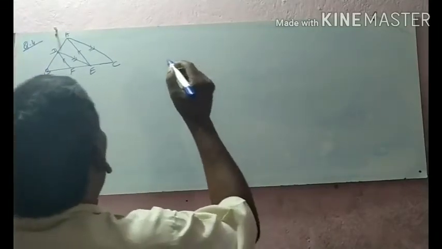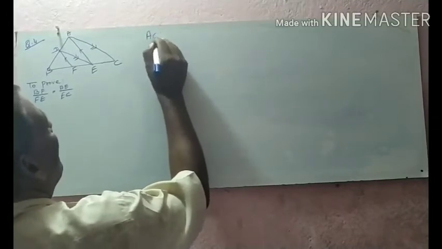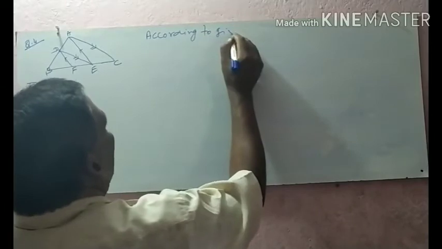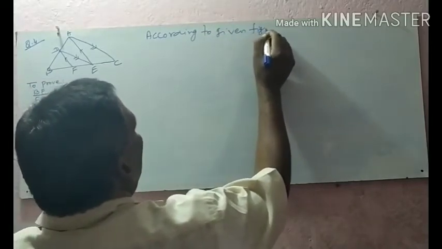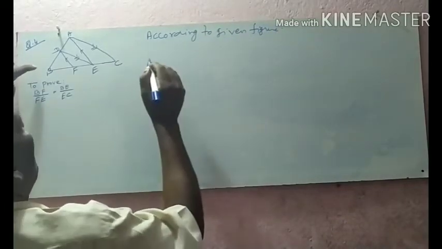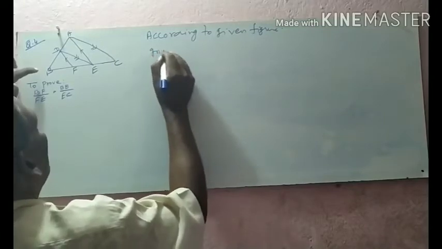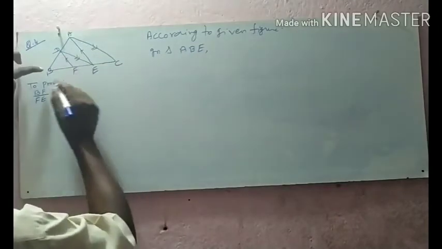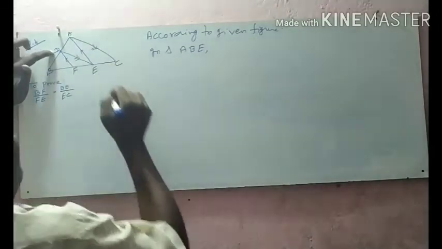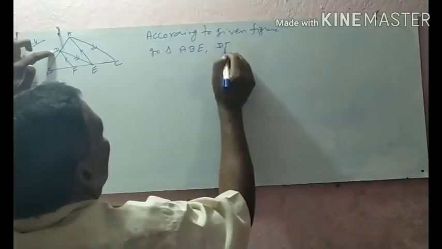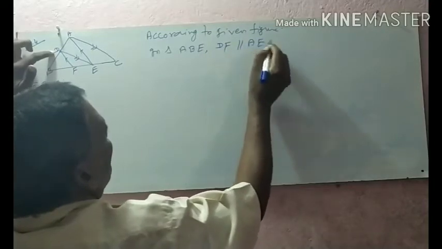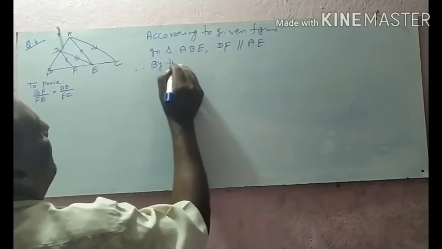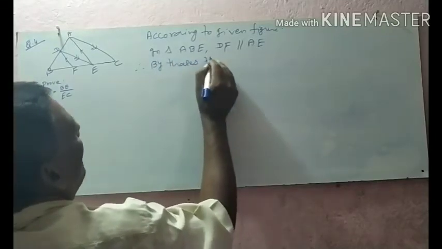Now, according to the given figure, in triangle ABE, DF is parallel to AE. Therefore, by Thales theorem,